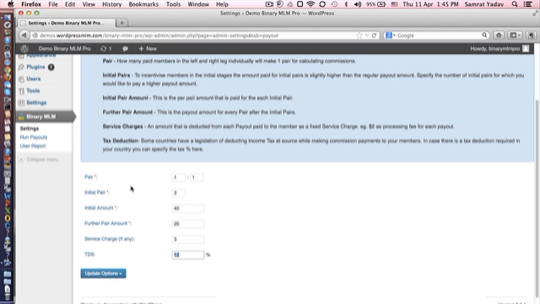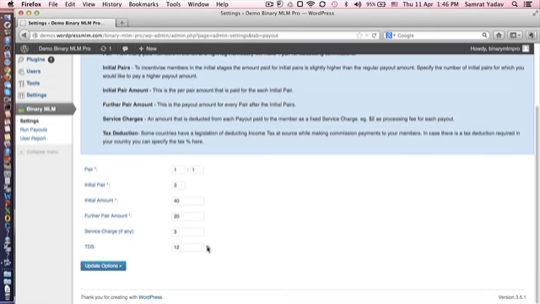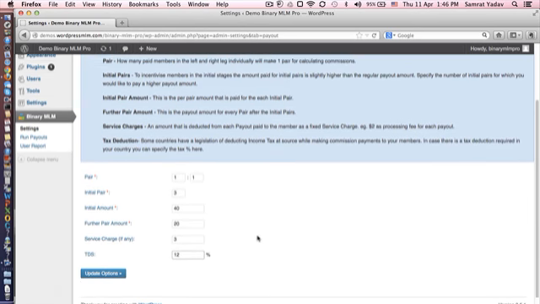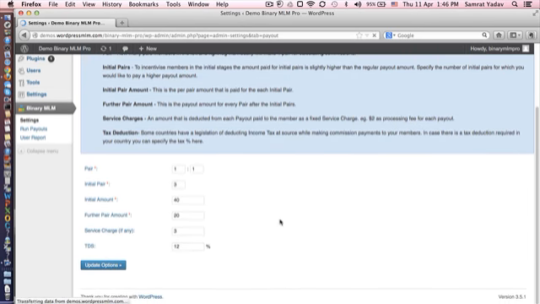So just to recapitulate once again, a pair would be counted when the member has referred one person on his left leg and one person on his right leg. It might be his direct referral or it may be a spillover from his upline, but essentially when he's got 1 and 1 on his left and right leg, it would be counted as a pair in this network. The number of initial pairs would be 3 and the initial payout amount that you're going to pay is 40. All further pairs are going to be paid at 20. There's a service charge of 3 USD per payout that this member is going to get, and a 12% tax deduction at source is going to happen in this case. So let's just update these options and let's go to the next screen,